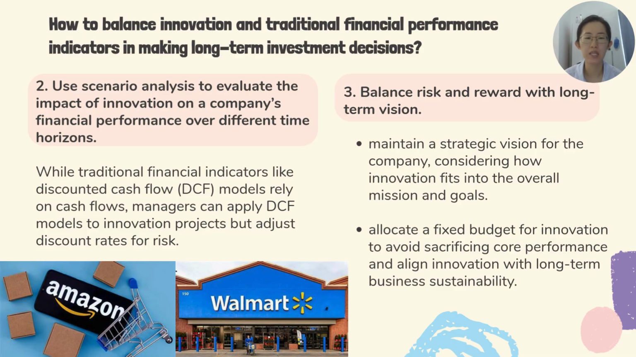Finally, it's important for managers to balance risk and reward with long-term vision. Managers should maintain a strategic vision for the company, considering how innovation fits into the overall mission and goals. In order to secure short-term profits while promoting future growth, managers should allocate a fixed budget for innovation to avoid sacrificing core performance and align innovation with long-term business sustainability, ensuring that new innovations are integrated into the company's core